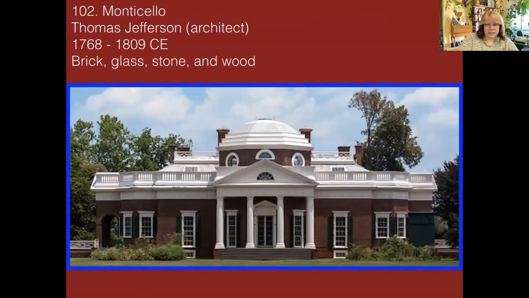So yeah, Monticello, it means little mountain, little hill. He'd had another home here, and then remember in Hamilton, the musical, how he's not there for the first act, but he comes back in the second, and he's like, I was in France. When he comes back is when he changes the house, and I'll show you, he actually based it off of a hotel in Paris that he totally loved.